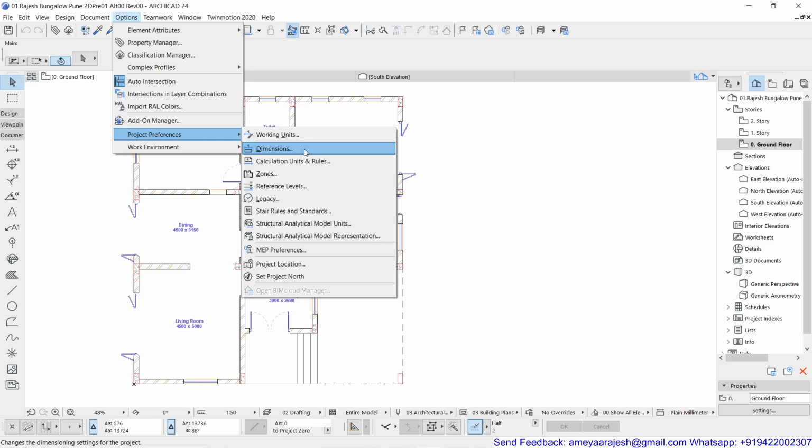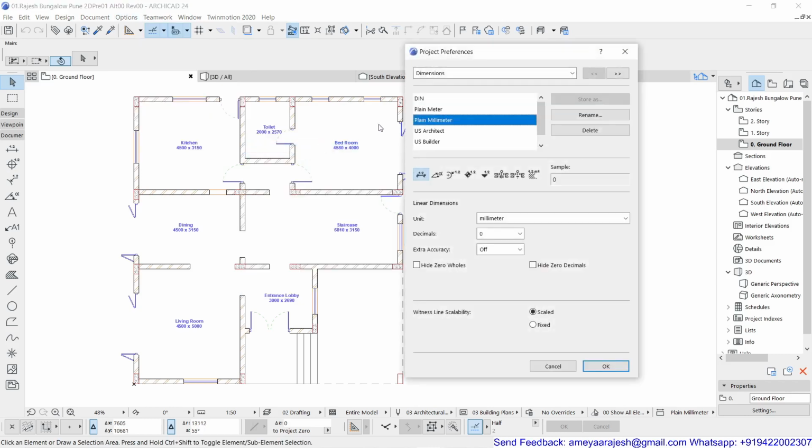In the sense, if I go inside this, ArchiCAD will provide me the option in which format you would like to display the calculated dimension. So whether it will be in feet inches or metric or millimeter, you can design your own particular dimension unit style. So this also I'm going to explain.